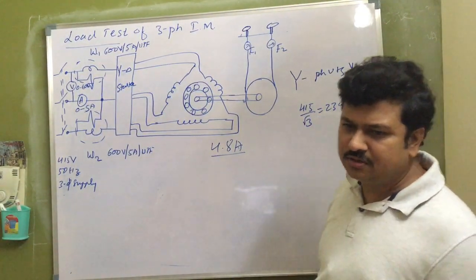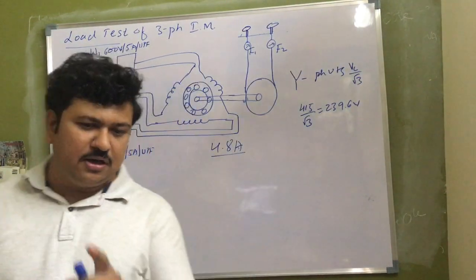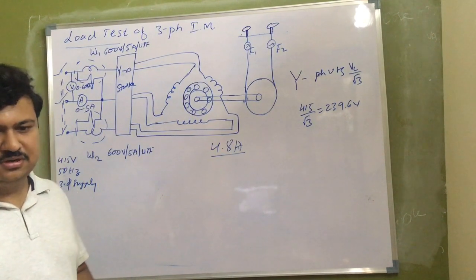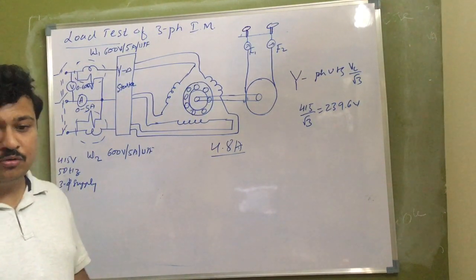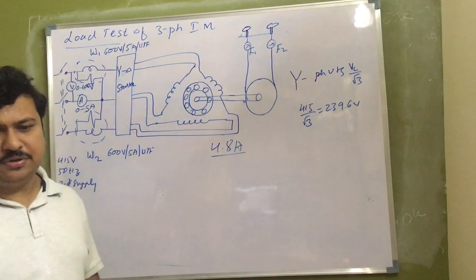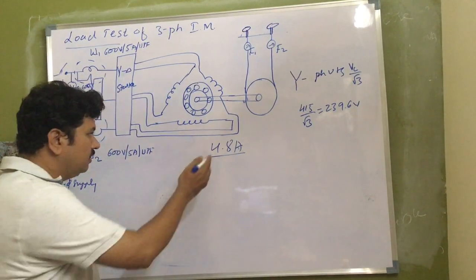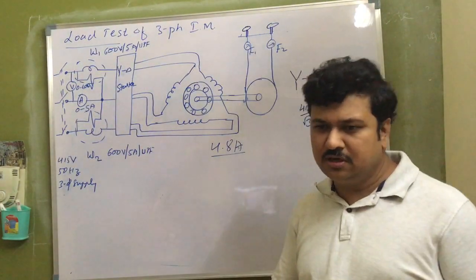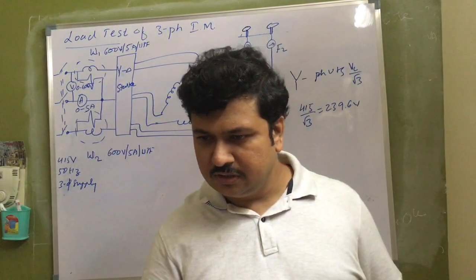What is the no load current? I explained in the last class. The no load current of the DC motor is very less. It came up to 2.2 to 2.5 amperes, where the full load current was 13.3 amperes. So we'll move to the tabular column, then I will show you.